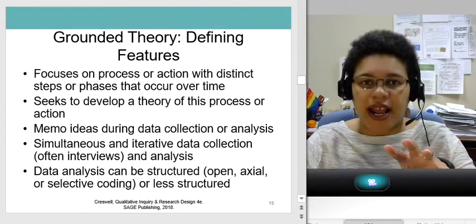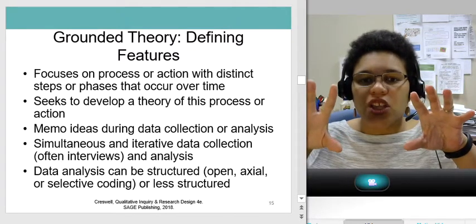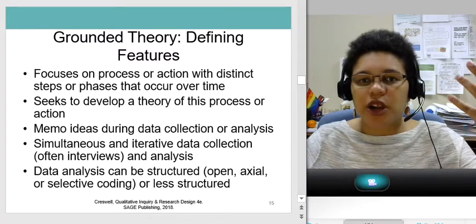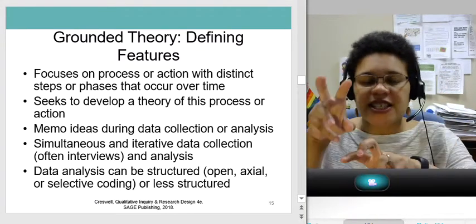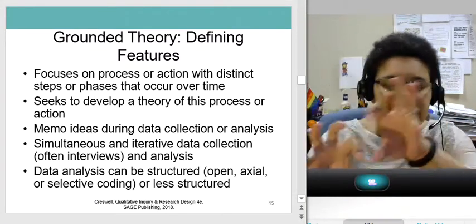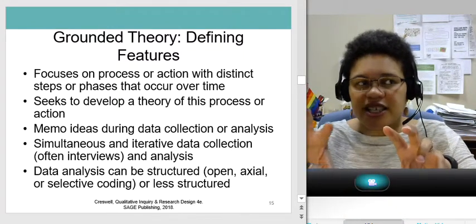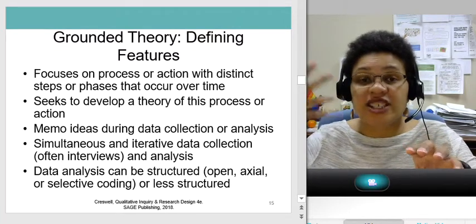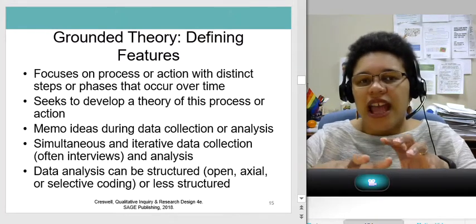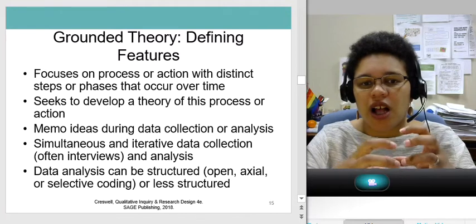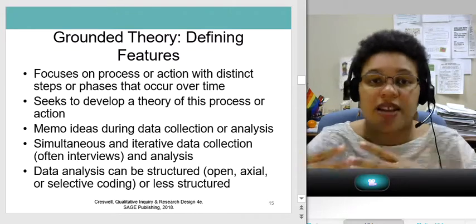You're interviewing and analyzing, interviewing, analyzing, because you're trying to reach a point where you've found all the different permutations and all the different things, how they relate and all the different elements of this process. And to do that, you need to see when what you're hearing starts to repeat itself. And so you're not just doing the analysis at the end. It's embedded in the process.